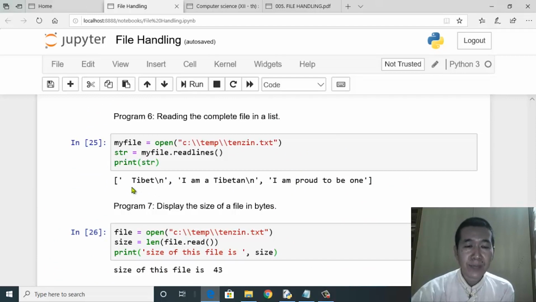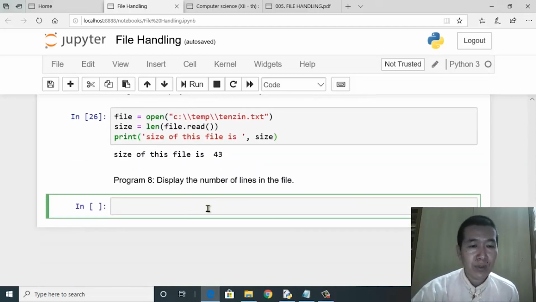So can I say the number of elements in the list is equal to the number of lines in the file? I repeat, can I say so? The number of elements in the list is equivalent to the number of lines in the file. Okay, so that makes our job much simpler if we decide to use readlines instead of readline.